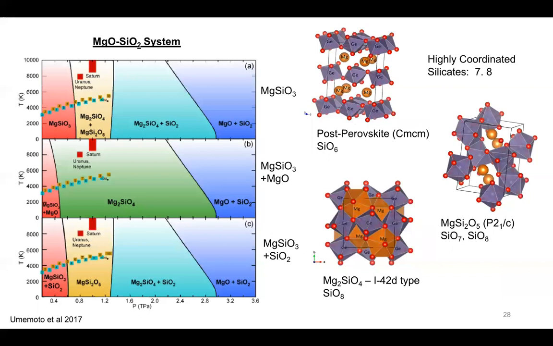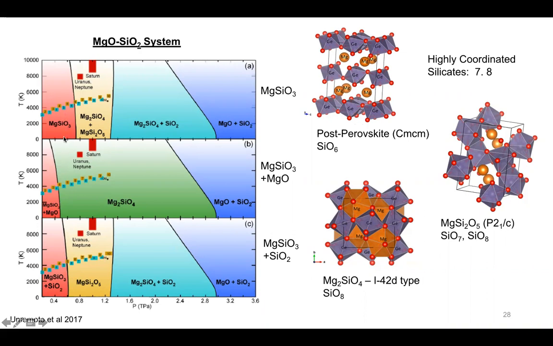Here I'll focus your attention on some theoretical calculations by Umemoto and Wentzcovitch, which are really interesting. They looked at the MgO-SiO2 system for different compositions. Let's focus on the middle panel here, which is MgO rich, Mg to Si ratio greater than 1. And so the phases that are familiar from Earth's interior, like bridgmanite, perovskite, post-perovskite, those phases remain stable to about